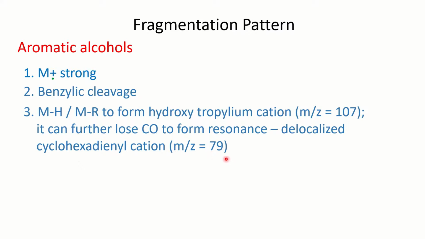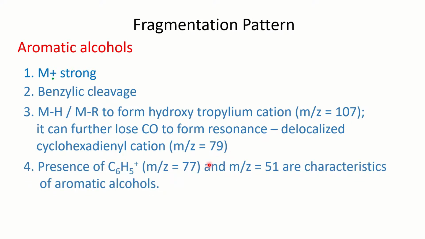Okay, so if you see a peak at 79 and they are asking you to justify this peak, we will see how to get that. Presence of C6H5 plus, that is m/z 77 or 51, are the characteristic of aromatic alcohols. If in some aromatic alcohols you find the mass spectrum bearing the peaks 77 and 51, it means it is an aromatic alcohol. If you get 107, 79, that also suggests it is an aromatic alcohol. 107 is hydroxytropylium cation and 79 is for cyclohexadienyl cation. 77 is C6H5 plus. So all peaks are